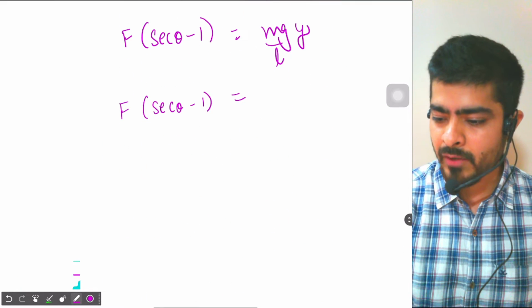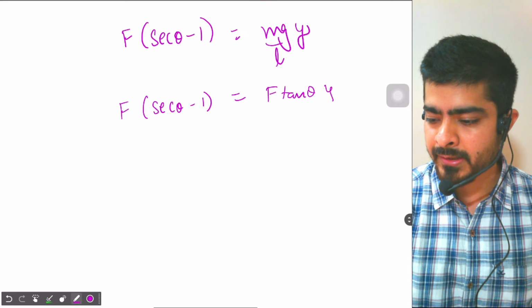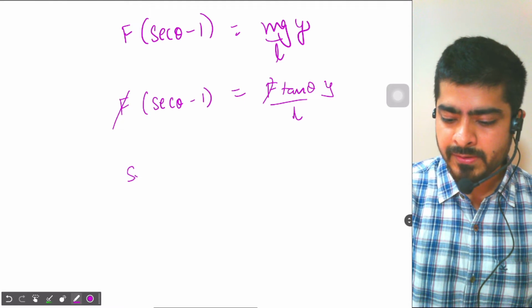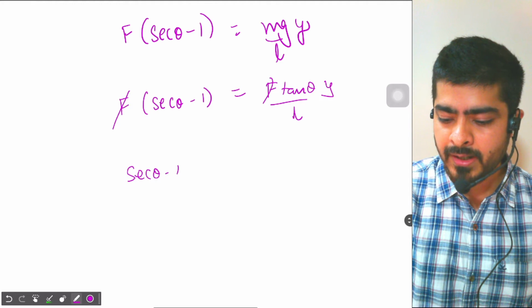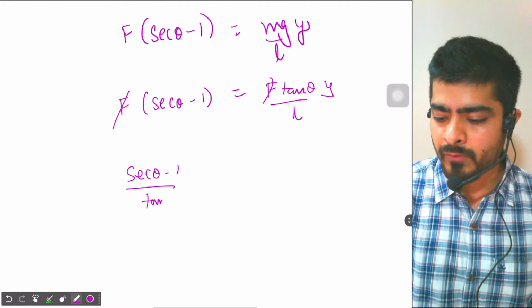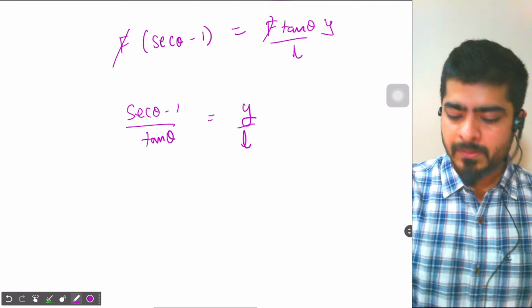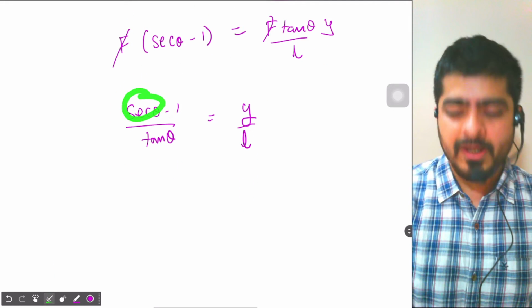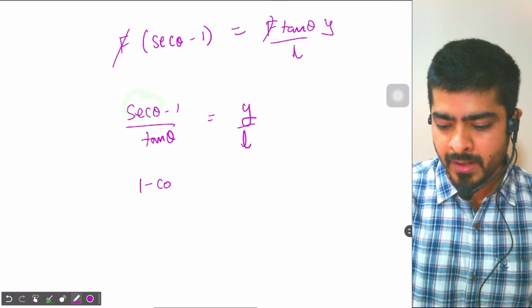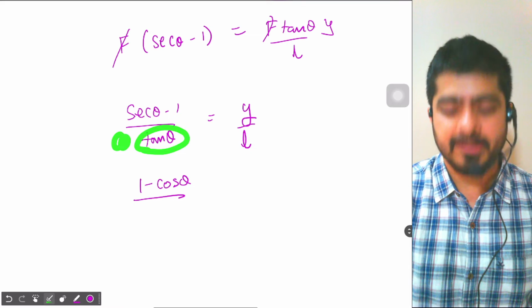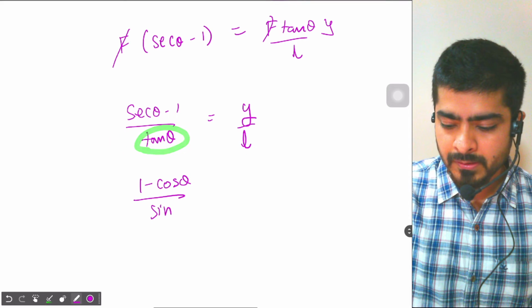So here I have mg equal to F tan theta times y by L. So F will cancel out. So sec theta minus 1 by tan theta is equal to y by L. Now I could simplify this as, if I take sec theta as 1 by cos theta, then I will get 1 minus cos theta in numerator, and cos theta and tan theta when multiplied will give me sin theta,